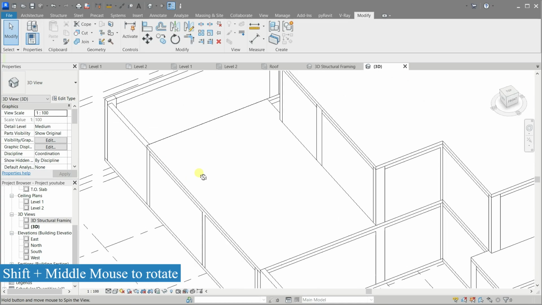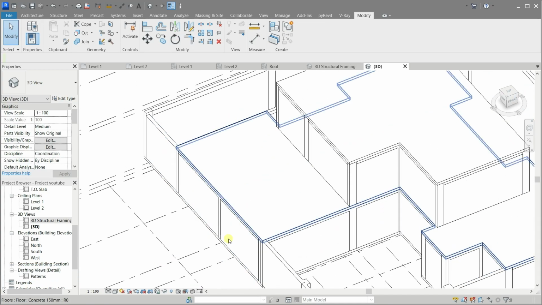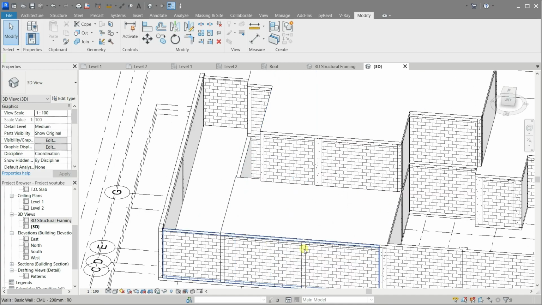We need to adjust the wall joint properties in this area to prevent the walls from joining each time they cross.